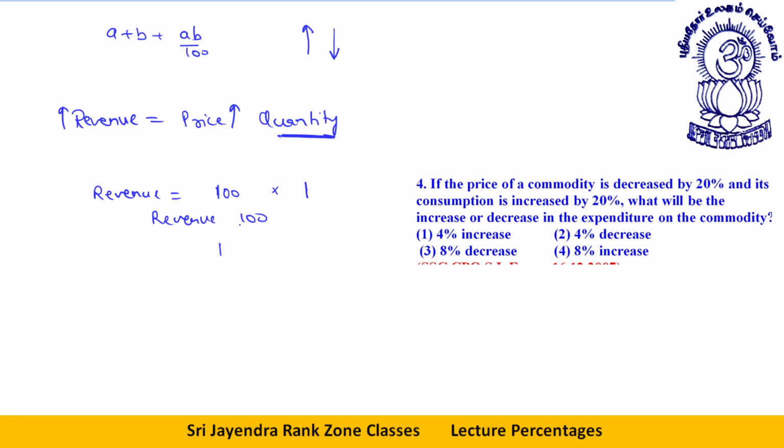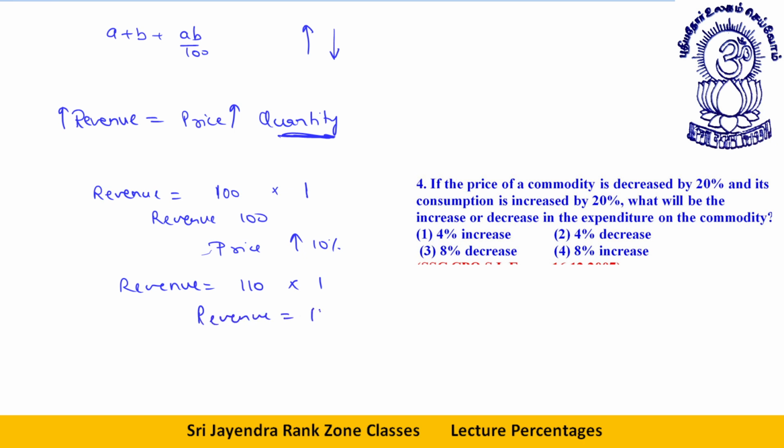But I will take few minutes in explaining the basic concept. Otherwise, the question is very easy, and I'll explain to you in a very easy method. Right now, I intend to explain you some concept. So the revenue I used to spend was 100%. Now, if the price increases by 10%, then what will happen? Then my expenditure will be 110 into 1. So the price was 100. Sorry, just a second. So what is the new expenditure now?